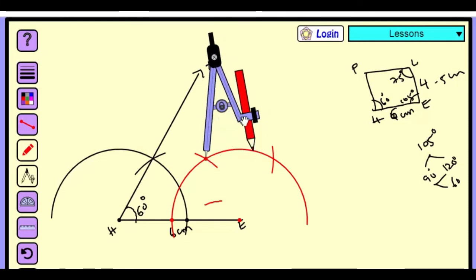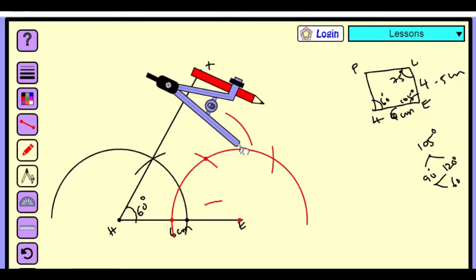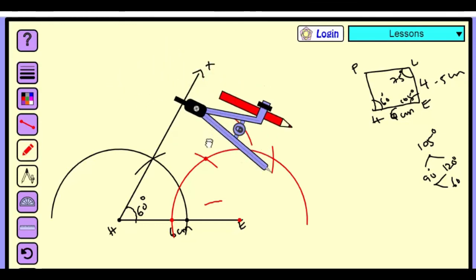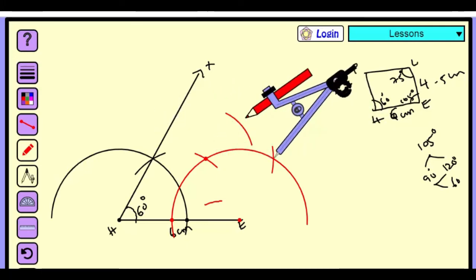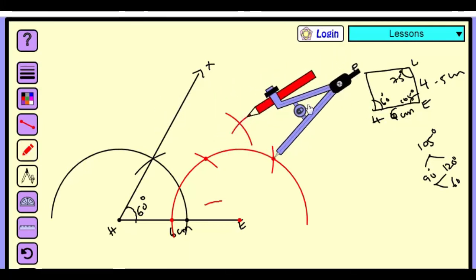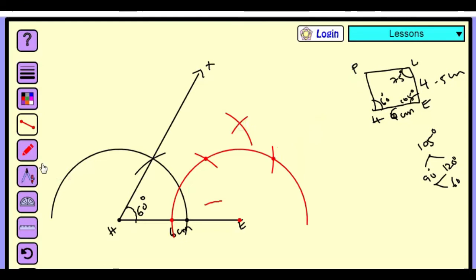Now we are going to bisect the angle between 60 and 120. So take the compass radius more than half of the length between 60 and 120, and with 60 as the center, draw an arc. Now with 120 as the center and the same radius, draw another arc which cuts the previous arc. Now these two arcs are intersecting at 90 degrees. So now take the ruler and draw a small line to indicate the arc there. So that is the 90 degrees arc here.